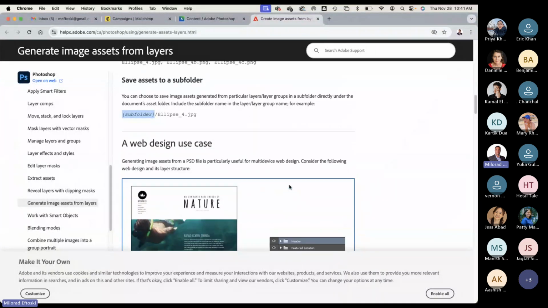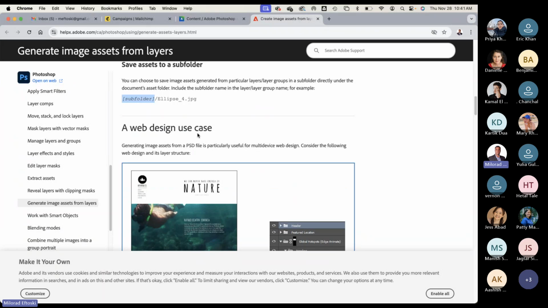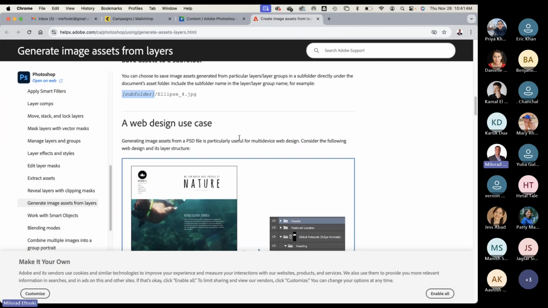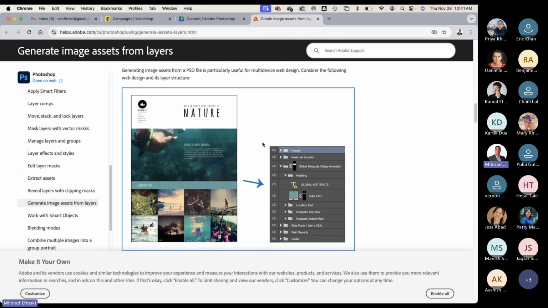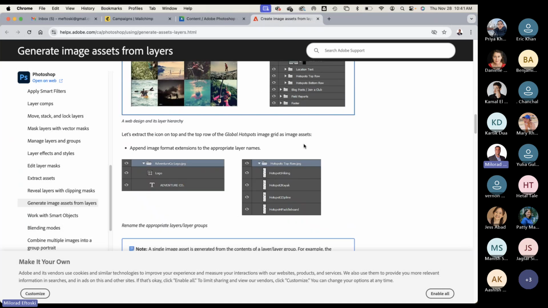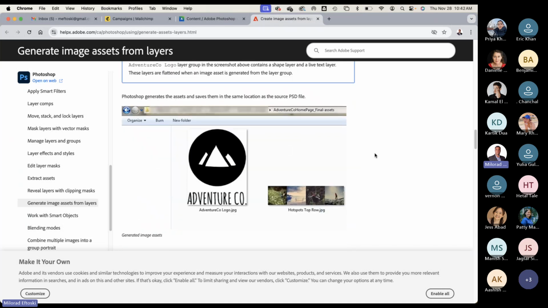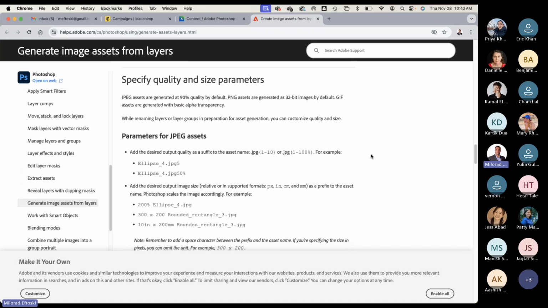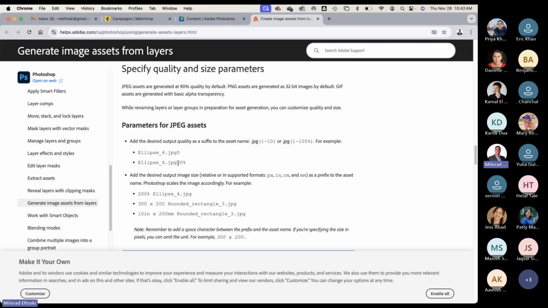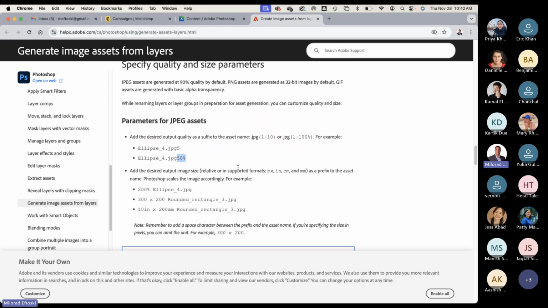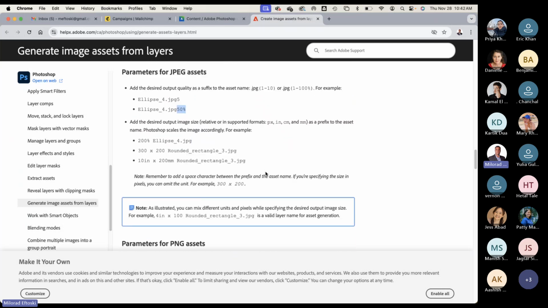All right, what else it has? Web design use case. Okay, more images. Everything I showed you is pretty much regurgitated here. With like, remember I did the percentage, 50%. So you can control quality of your JPEGs. You can put widths and heights. You can actually force constrain images. So I think for that one,